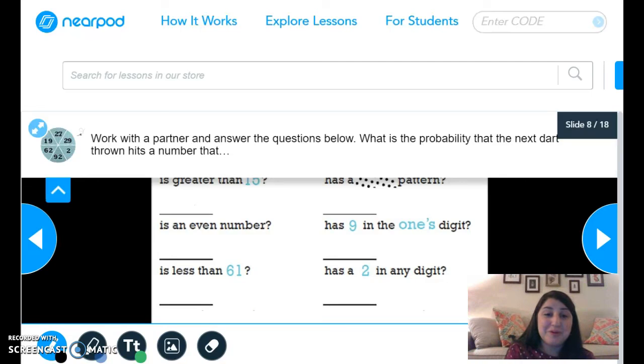So yeah, that is Nearpod, and I highly recommend it for teachers to use. It can be used, again, as a lesson in a flipped classroom. Students can do this at home. They can do this in the classroom with or without the teacher, and it's also used as an interactive presentation model that you can use outside of the classroom